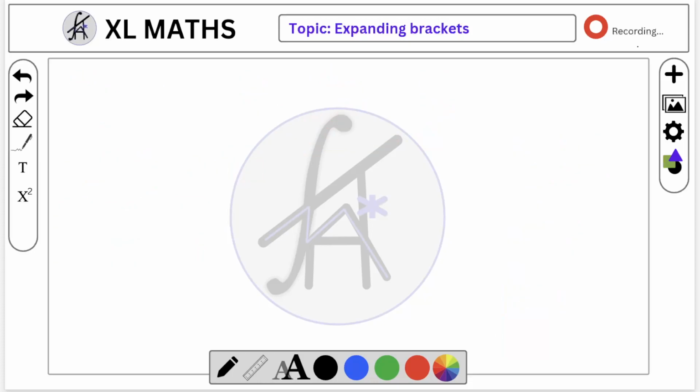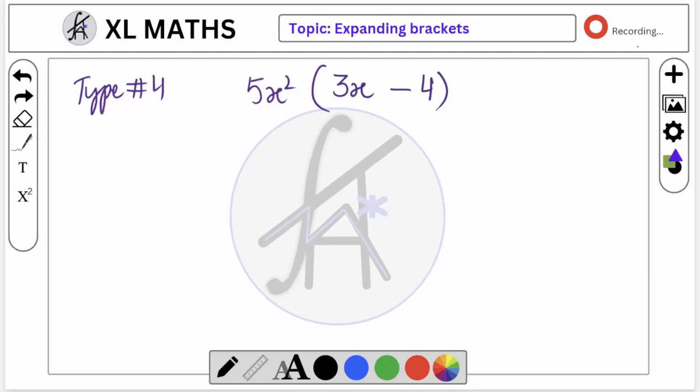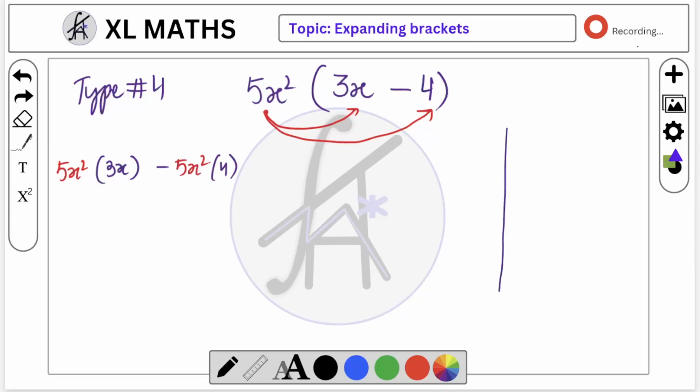Coming to the next type, type 4, where we have a question like this: 5x squared outside the bracket and maybe 3x minus 4. How about these types of questions? Again, do the same thing, first and the second curly arrow. So the 5x squared will multiply with 3x first, then the 5x squared is going to be multiplying to 4. Simple. Quick connect here. Let's see how we multiply 5x squared